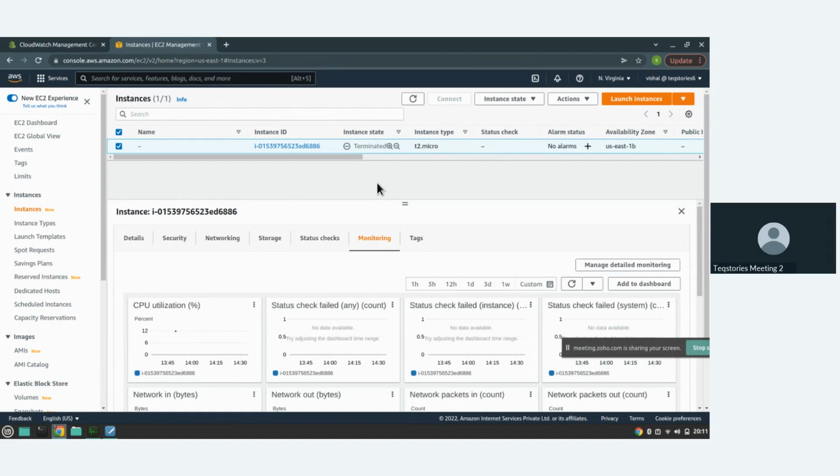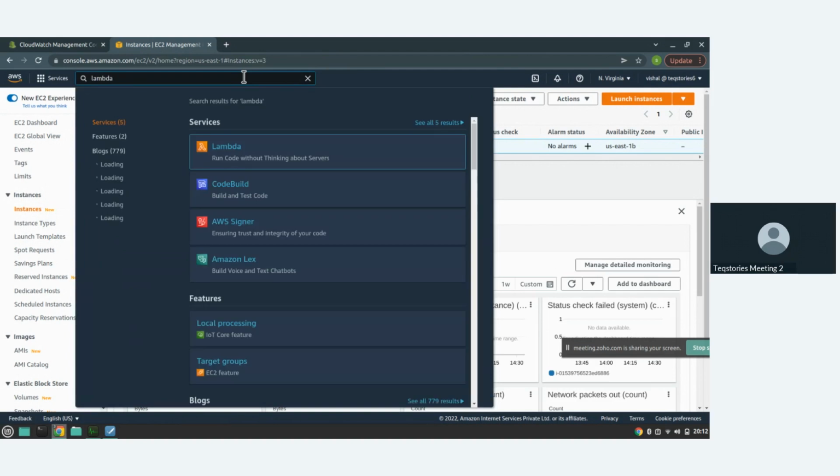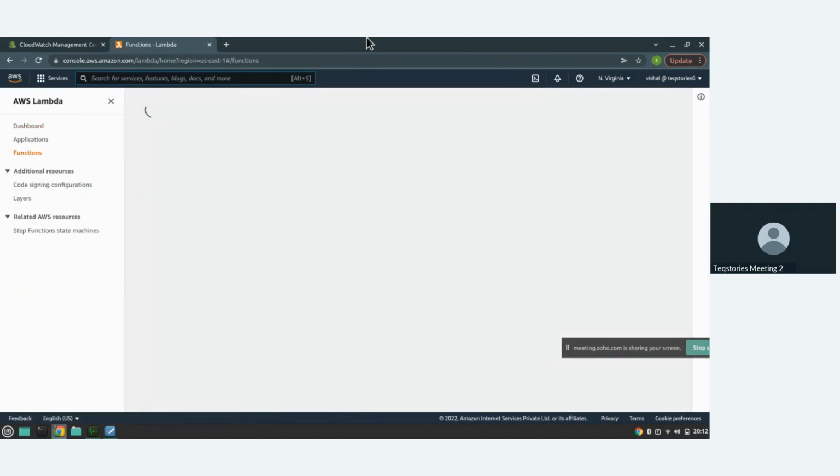One last discussion I will do, and we shall wind up for the day. That is the Lambda. What happens in Lambda? Lambda is pretty much a development thing. It has got nothing to do really with these other things of ours, but it is important to know Lambda. What happens over here? A Lambda is basically called a